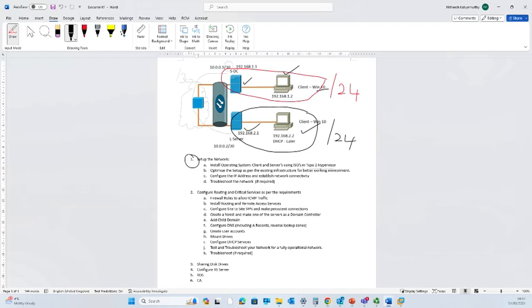In the first part, we will talk about how we are going to install the operating systems, the clients and the servers, using the ISO which we have downloaded. Then, how are we going to optimize the type 2 hypervisor? Maybe you have 32 gig RAM or 16 gig RAM, so how are you going to optimize your settings so that it works better? We will configure the IP addresses in the clients according to the topology and try to establish network connectivity. You should be aware at this point that devices within the same network, if we configure